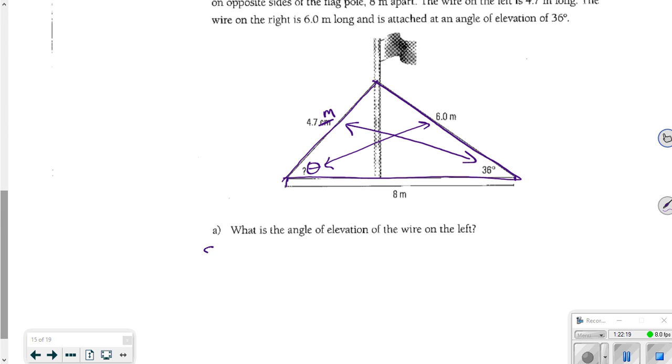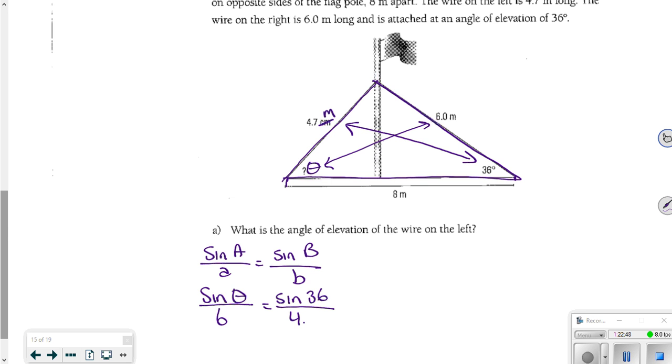I need my angle on the top. Sine A over A equals sine B over B. So sine of my unknown angle over the side directly across from it, so 6 meters. I'm not going to put the meters in there, it gets in the way. Equals sine of the other angle that I know, so sine 36, over the side directly across from the 36, which is the 4.7 meters,